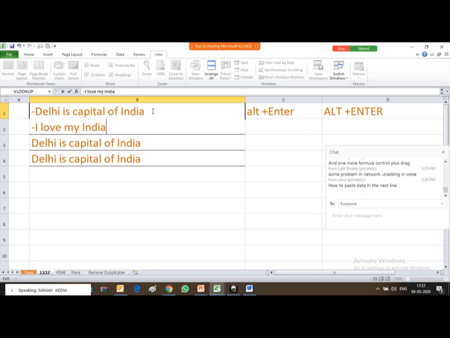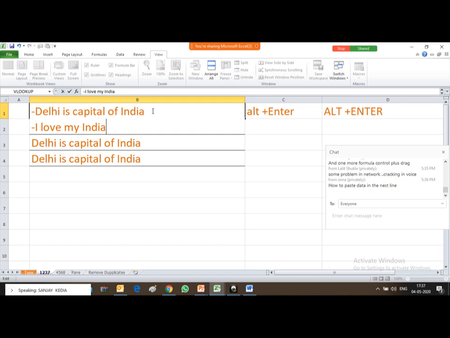So I have written two sentences over here. First, Delhi is capital of India, and next, I love my India. Why I have taken the dash as a pointer, so that I can easily recognize at what point the next sentence is beginning.